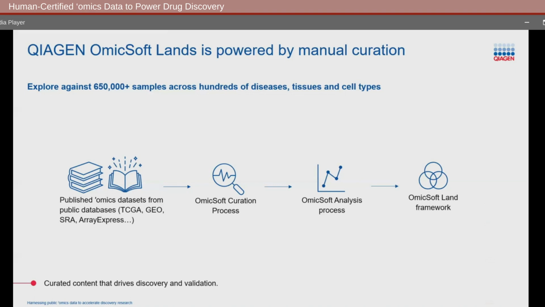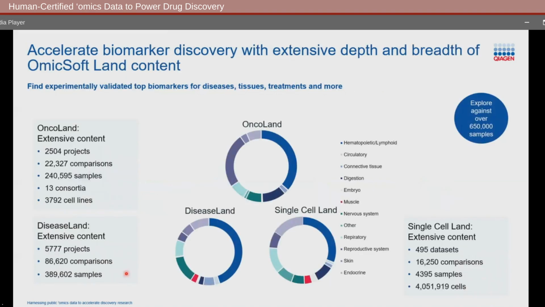These questions can be answered using our data quickly and confidently because of the detailed manual curation and the size of the curated databases. Our curated omics datasets continue to grow every quarter, with datasets representing hundreds of diseases in oncology and non-oncology disease, as well as expression in normal tissue and cell lines, and new single-cell transcriptomic data with the same depth of manual curation as with our bulk lands.